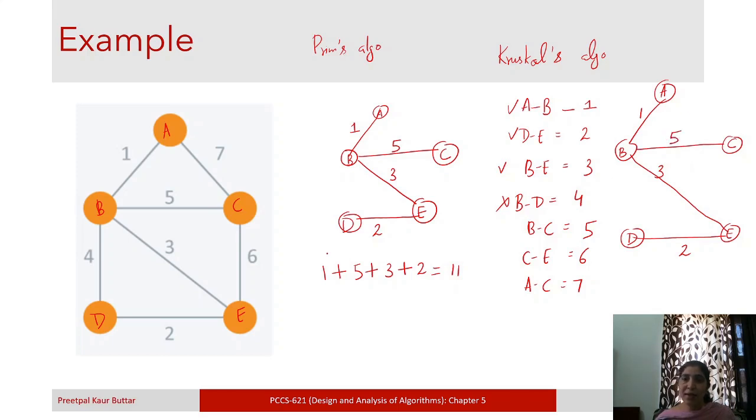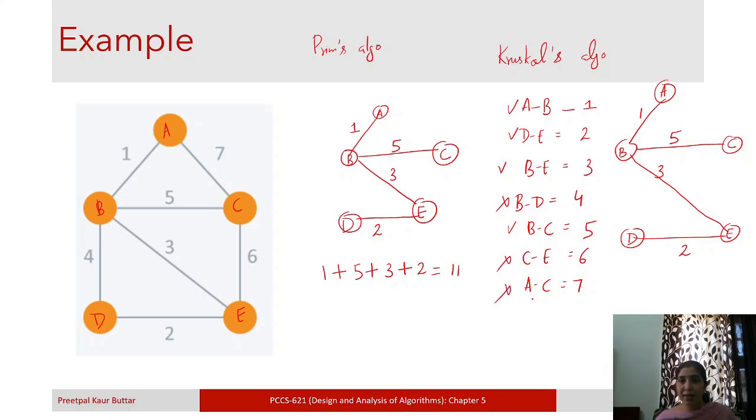Because I know that if two vertices are in different components, connecting them will not form a cycle, right? So next we will move to C to E. C and E, they are in the same component, so I will not pick. A to C, they are in the same component, I will not pick.